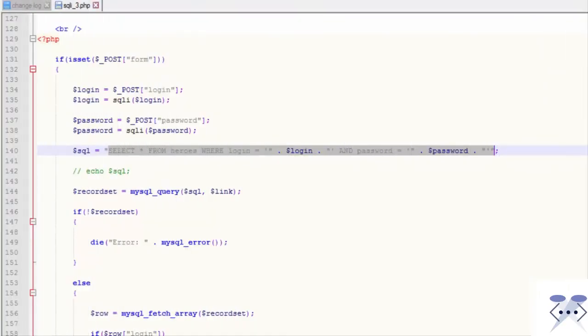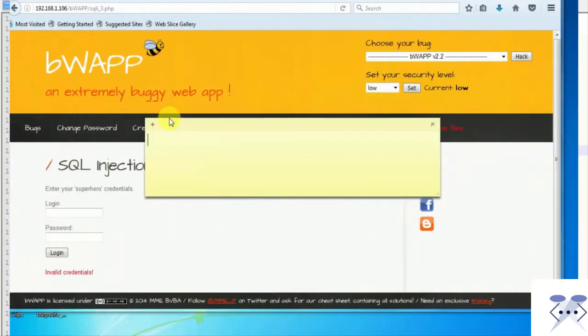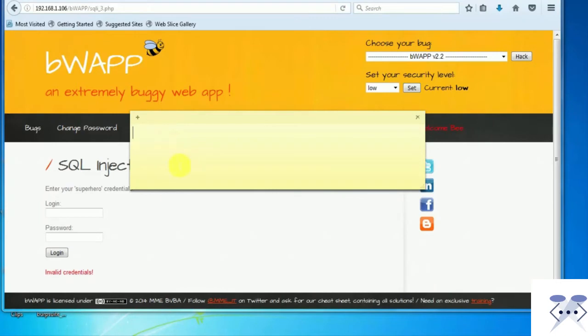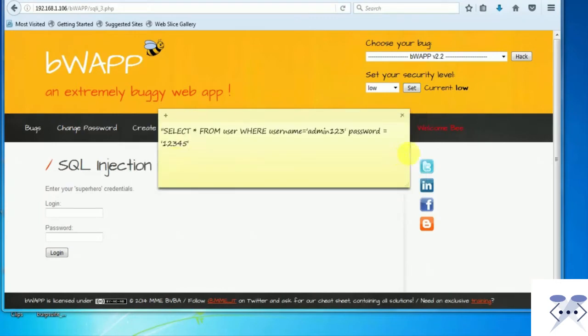We can see the query here. Copy it and paste it here. Here you can see that this is the query which is executing at the backend: select star from user where name is admin123 and password is 12345,